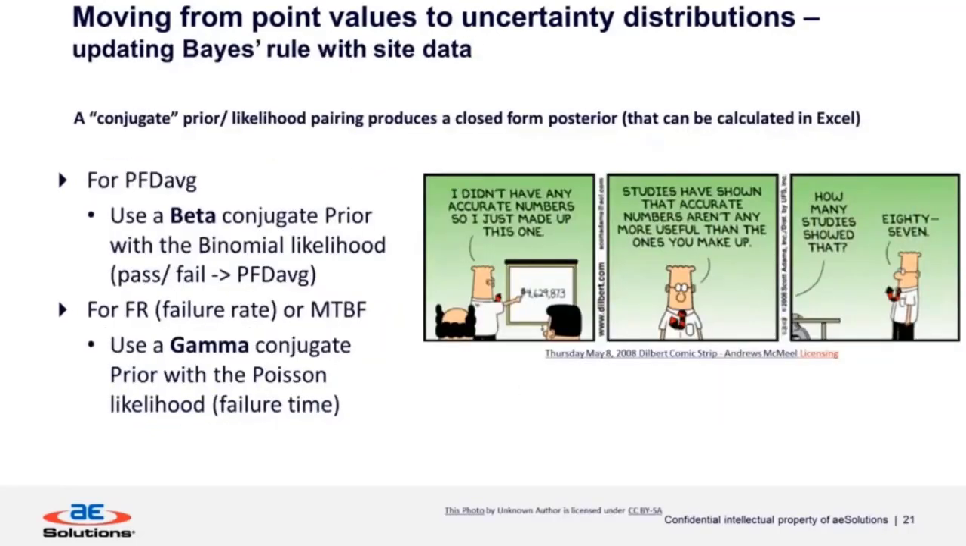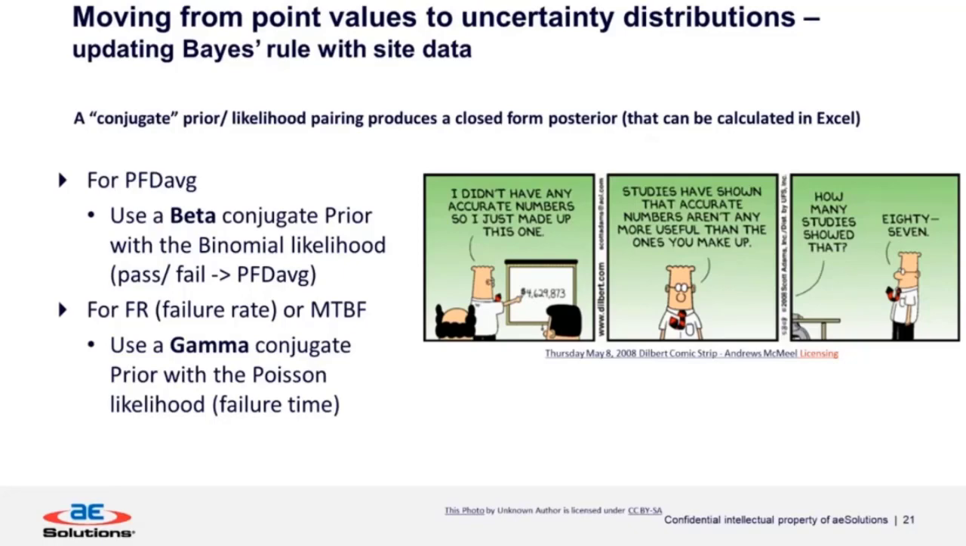And then updating Bayes' rule with site data. There's something called a conjugate pairing of prior and likelihood, if you remember the equation. It's a closed-form posterior that can be calculated, for example, in Excel. And here you're just taking